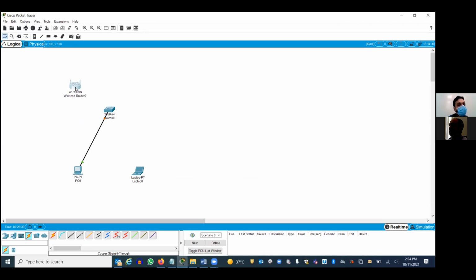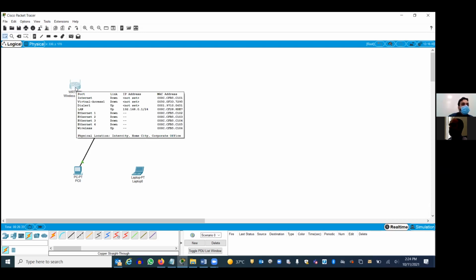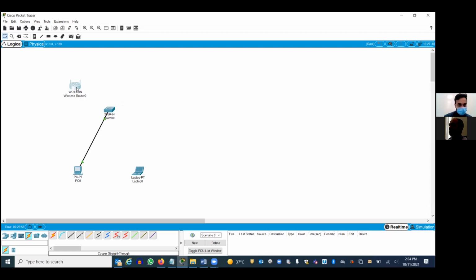Like I mentioned, if you place your mouse over the router, can you see the switch? This router also has a switch. Correct? It's wireless plus switch, right? Can you see Ethernet 1, 2, 3, 4, right? So it is together. It has a wireless interface as well as a switch. So which cable should I use? Cross, right? If it were a normal router, we could not use that, because this is combined, like a switch as well as the wireless interface. Okay. So which cable should I use? Cross, right? Select crossover cable.